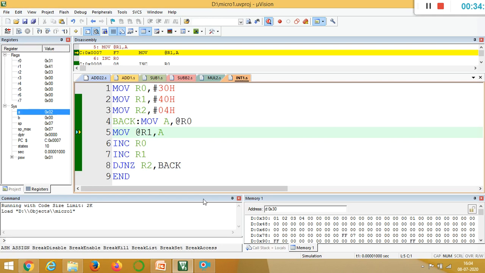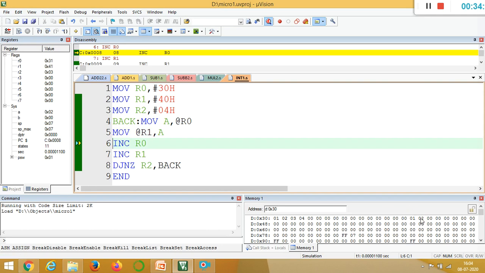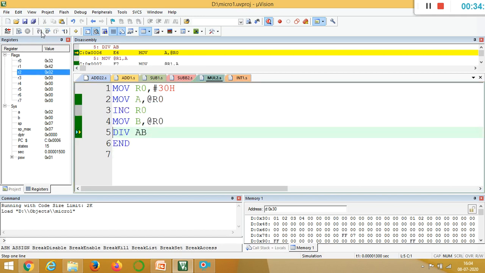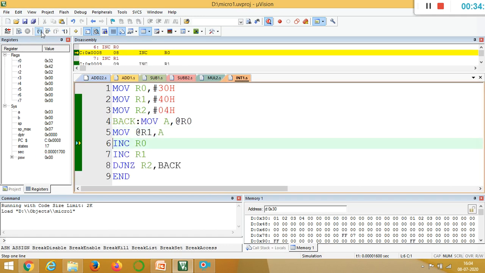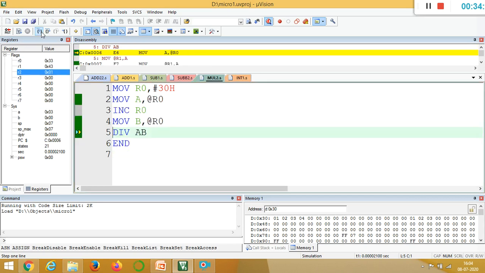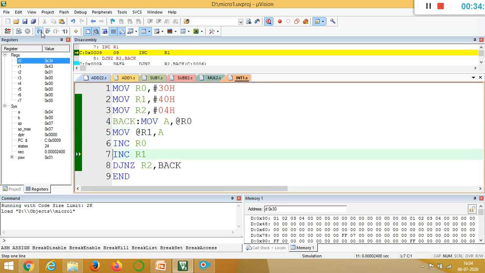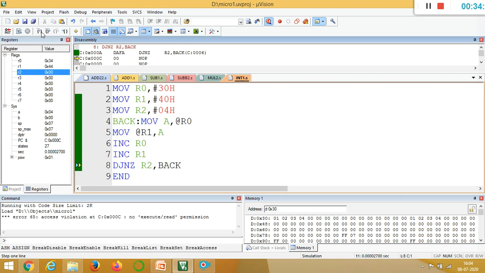So now next data, that is 2, it is fetched to A. So now before execution I will show what is present in 41. So 41 is 0 here. Once I execute this instruction, you can see 02 in 41. So same thing it will happen until count becomes 0. Okay. So now R2 is 2. Now you can see R2 becomes 1. Now R2 is 0. So once it's 0, it comes out from the loop and it will terminate the program. So here you can see 40, 41, 42, 43, all 4 datas are transferred.